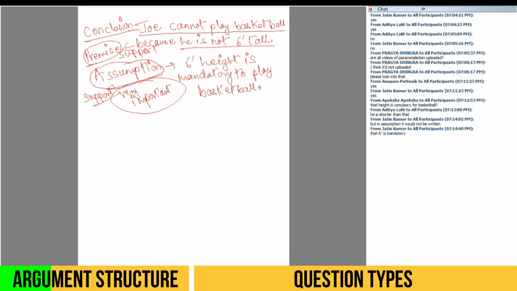Okay, so if I ask you a question, Joe cannot play basketball because he is not 6 feet tall. What is the assumption of this argument? What is going to be your answer? Your answer is going to be 6 feet height is mandatory to play basketball. This is the assumption. Without the assumption, you cannot come to the conclusion, and that is why assumptions are very